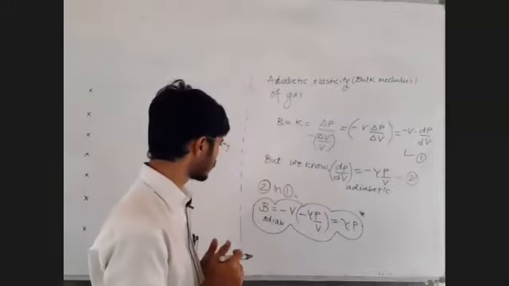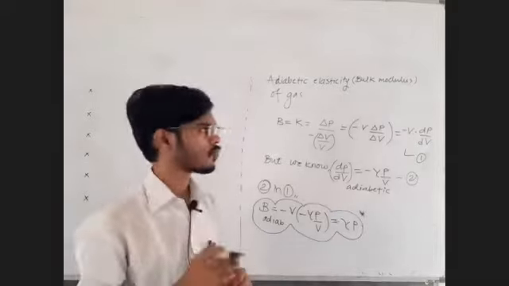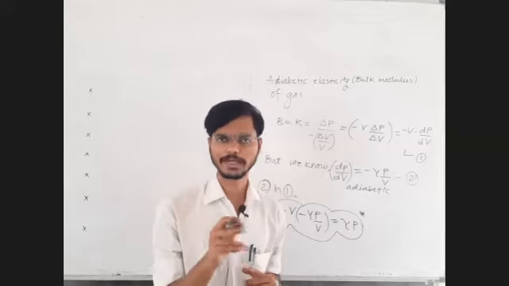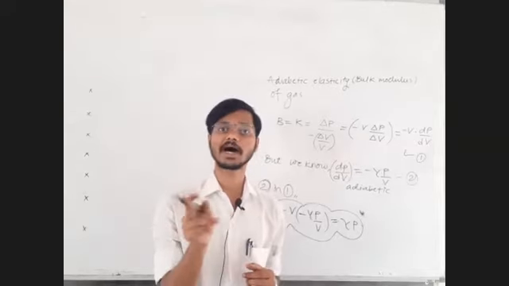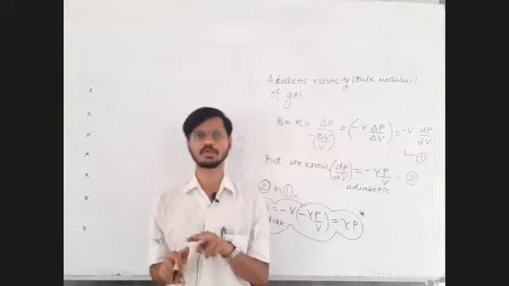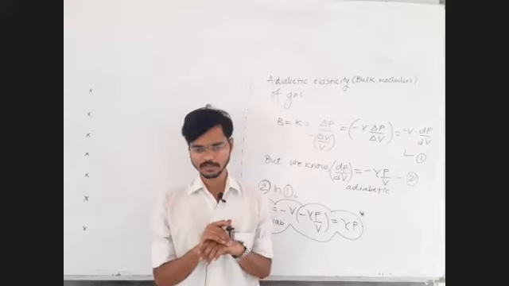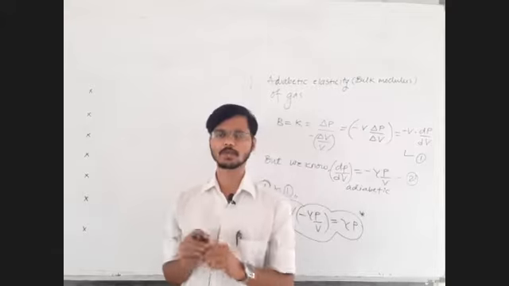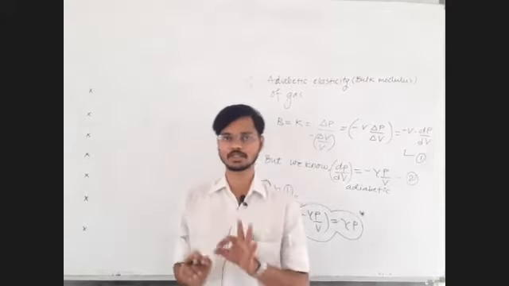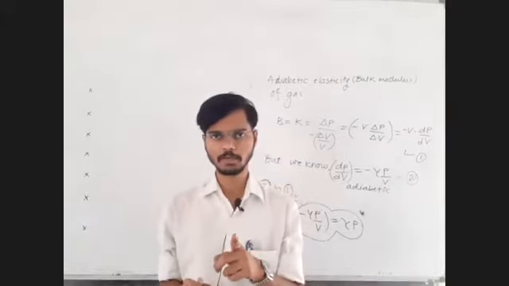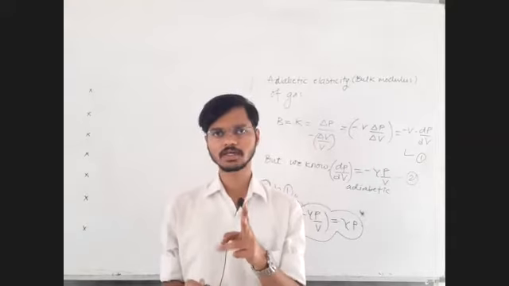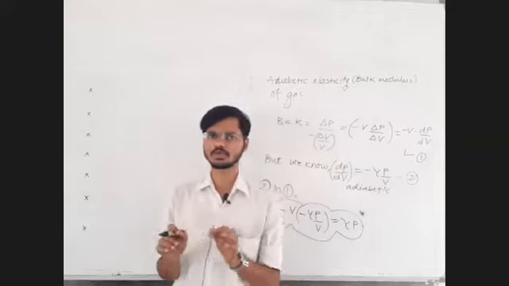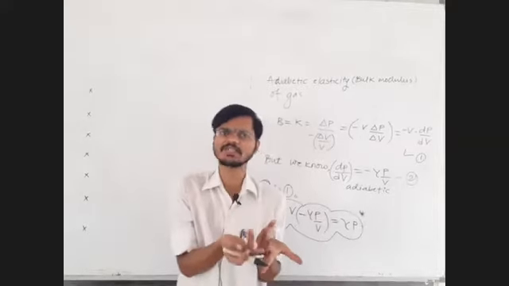Now, work done in an isobaric process is P delta V. But if volume data is not given, in that case you will use nR delta T. Work done in an isovolumic process, isochoric process, or isometric process. Three names are there: isovolumic, isochoric, isometric. That will be equal to 0, because in the integration of P dV, dV becomes 0.